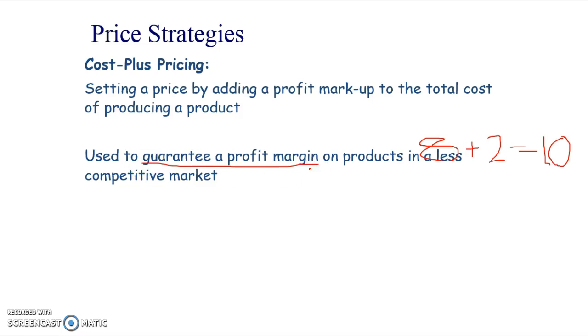Now, I'm sure lots of businesses would like to do that, but you can only really do it in a less competitive market. Because if this was a very competitive market and every other producer was selling for £8.50, you're not just going to say, well, I want to make £2 per product, so I'm going to sell for £10, because why would customers buy from you if they could buy from somebody else? So you can only do this where there's